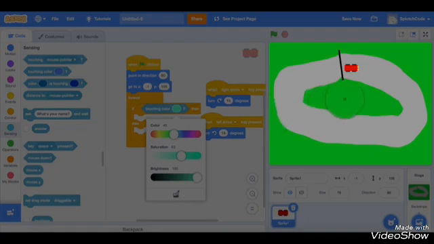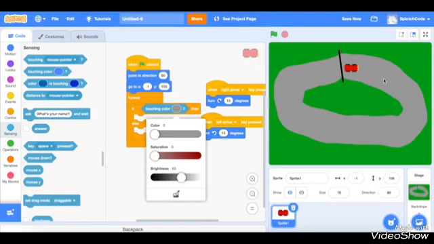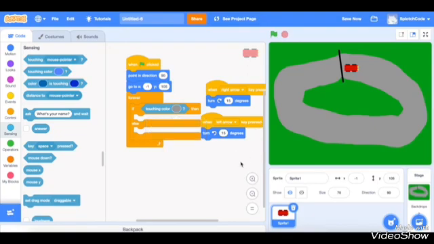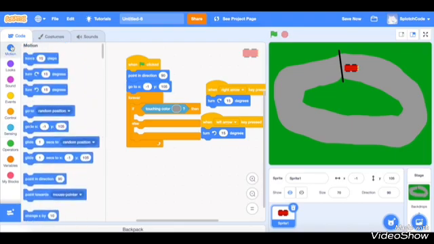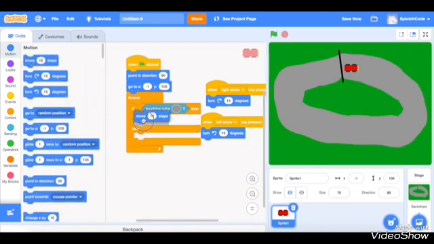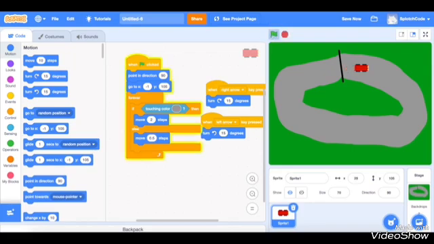So let's get this eyedropper and use that. Okay, so that is the color of our road. Then we'll go to motion, move steps, and edit it to 2. In the else statement, we're also going to grab a move steps block, but change it to 0.5. So now we have a pretty well functioning game of just driving a car around in loops,